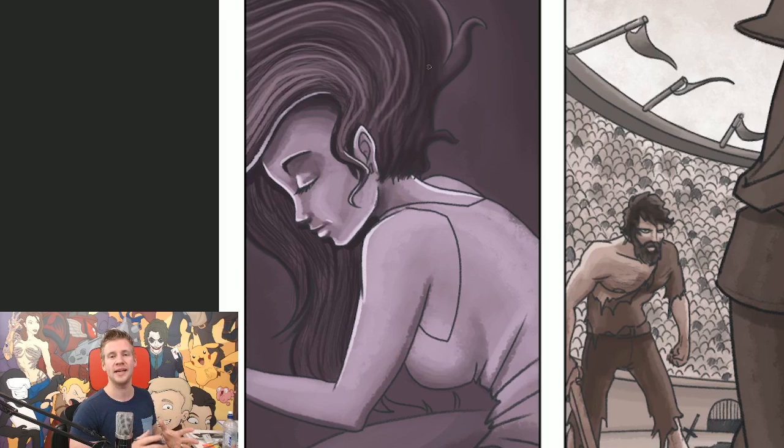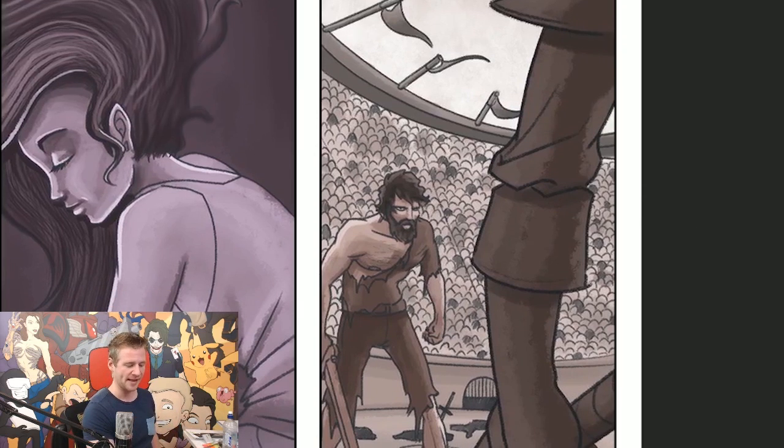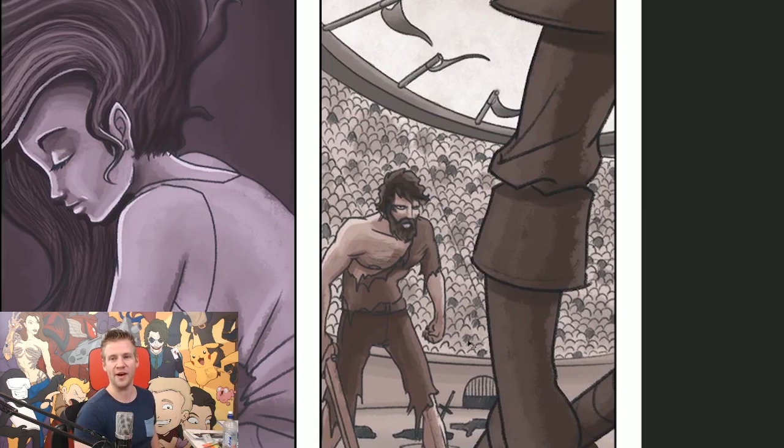We're looking really at what is telling the story. To further demonstrate this, I have an example of a gladiator match here with a man fighting an opponent. Now, there is a lot happening in this image. There's a stadium in the background with a crowd, an arena. There's an enemy in the foreground, and then there's a character in the midground who might be the protagonist,